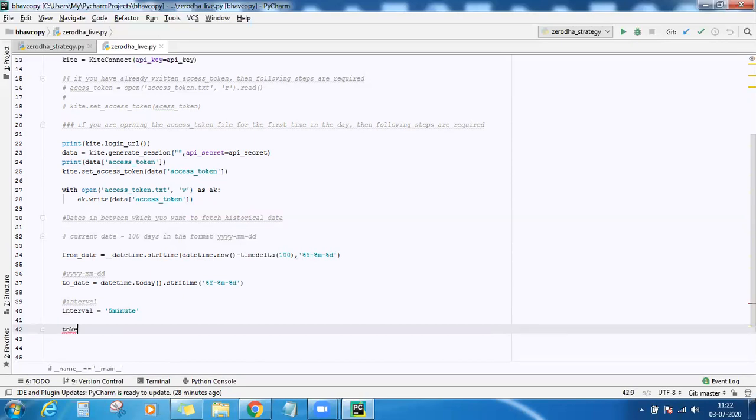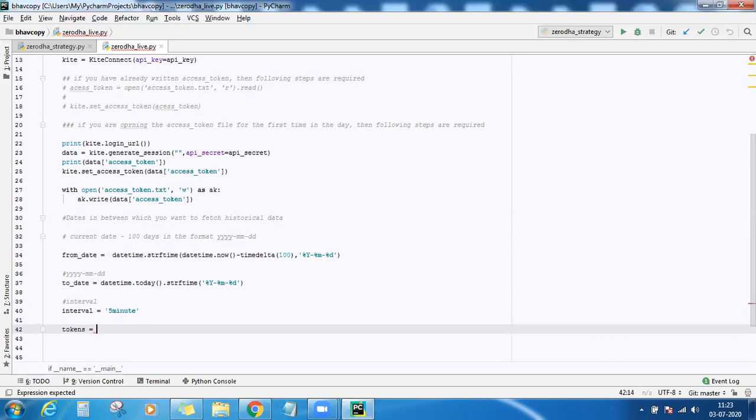And the list of symbols. Now, as you all remember, the only disadvantage with Zerodha is that it does not accept symbol names. It accepts the tokens. In the live data also we saw that it does not accept the symbol, it accepts the tokens. Yes, there are certain functions, like let's say you have punched in an order, then how many total open orders are there, or if you want to get the LTP only of any stock, in that case it will accept the symbol, but in certain cases it will only accept the tokens.